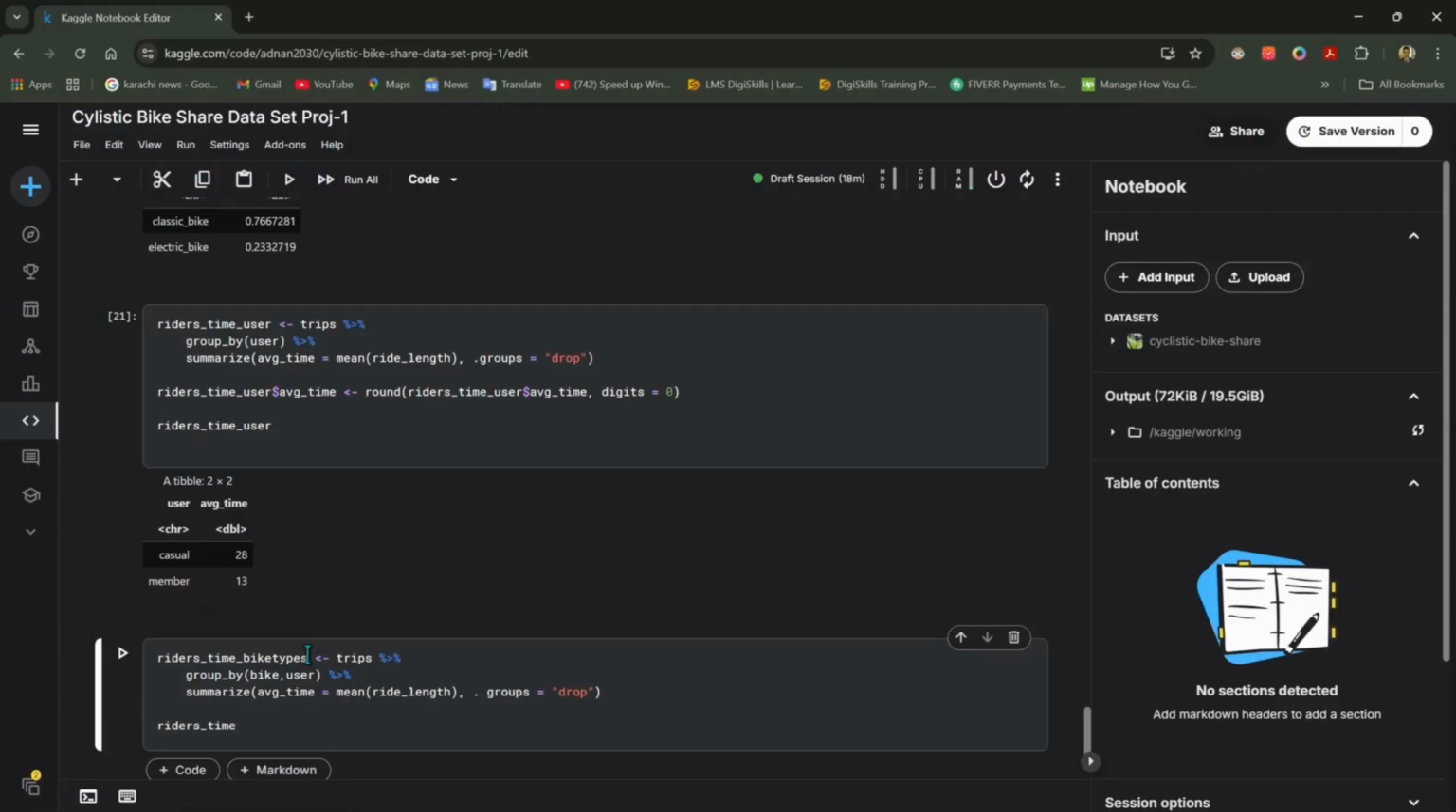Time underscore by underscore types and dollar sign. What is the average underscore time we are going to use? And lesser than round function, bracket close, riders underscore time underscore by underscore types, dollar average underscore time, comma,